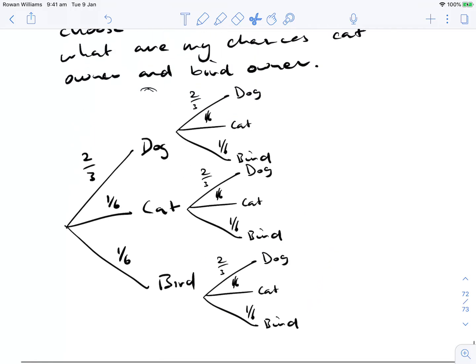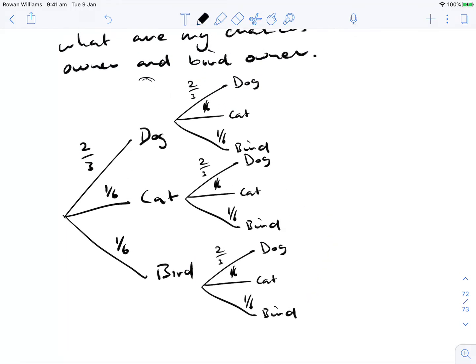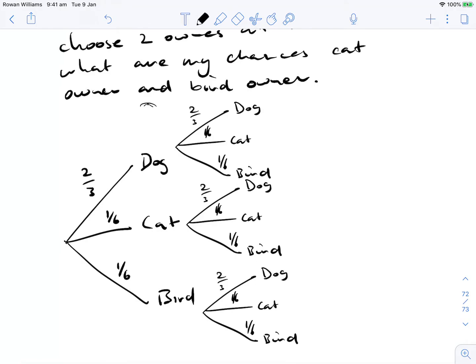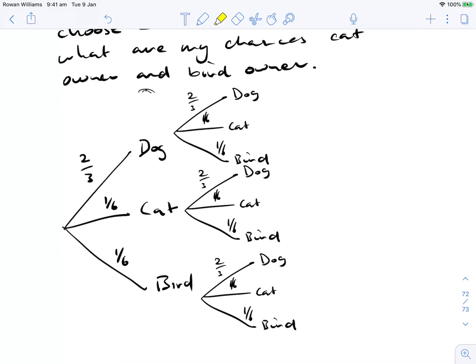Alright, so now I've drawn my tree diagram. So these are the two things that happen. First thing, I either get a dog, a cat, a bird. Next person I draw out, I get another dog, cat, or a bird. And we're interested in the chances of getting a cat and a bird owner together. So what we have to do is work out what branch of our tree we have gone down. So to get a cat and a bird,